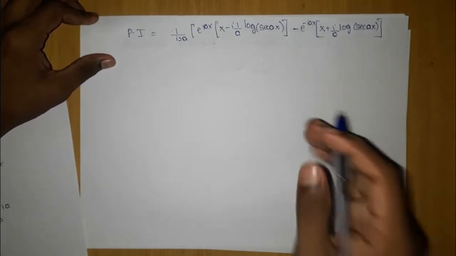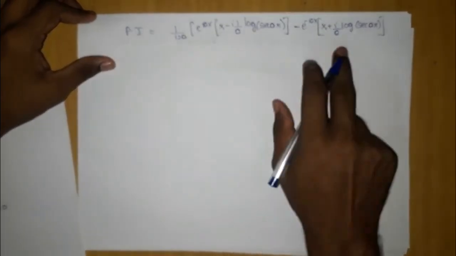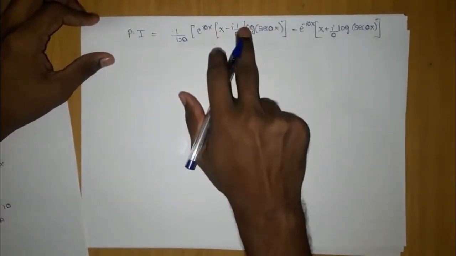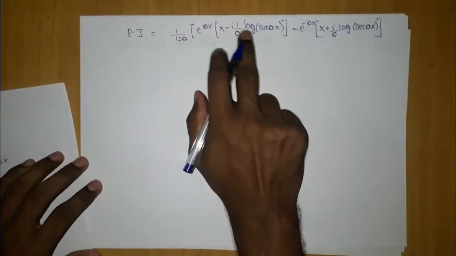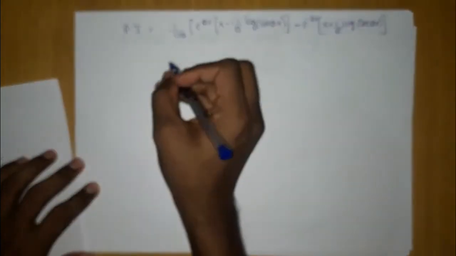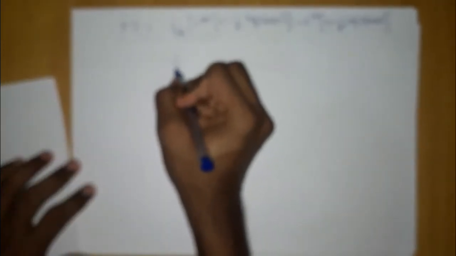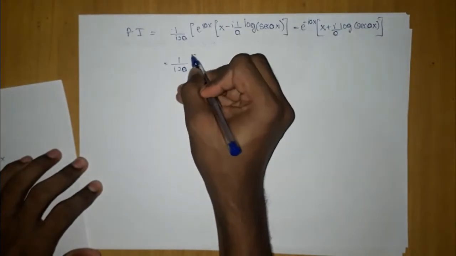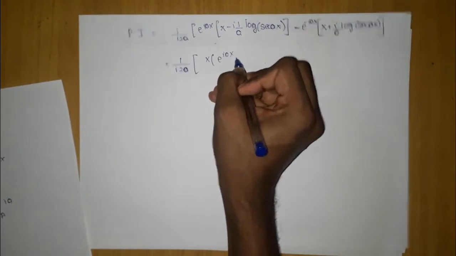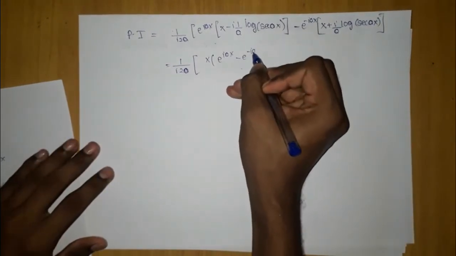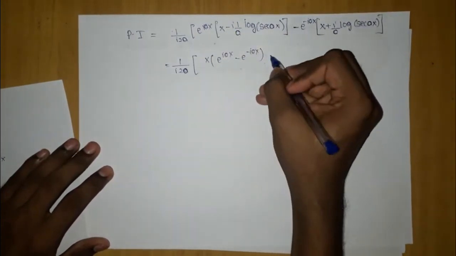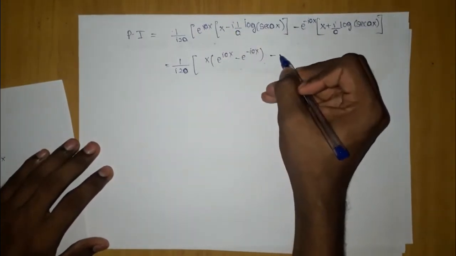Now what we are going to do, we know that here e to the power x is there, x is common, and this part is common with it, so we are going to take these parts common, x and log, these types of things common. So if we take that 1 by 2ia common, we are going to be left with, firstly, x into e to the power iax minus e to the power minus iax, if we take the x common and multiply.